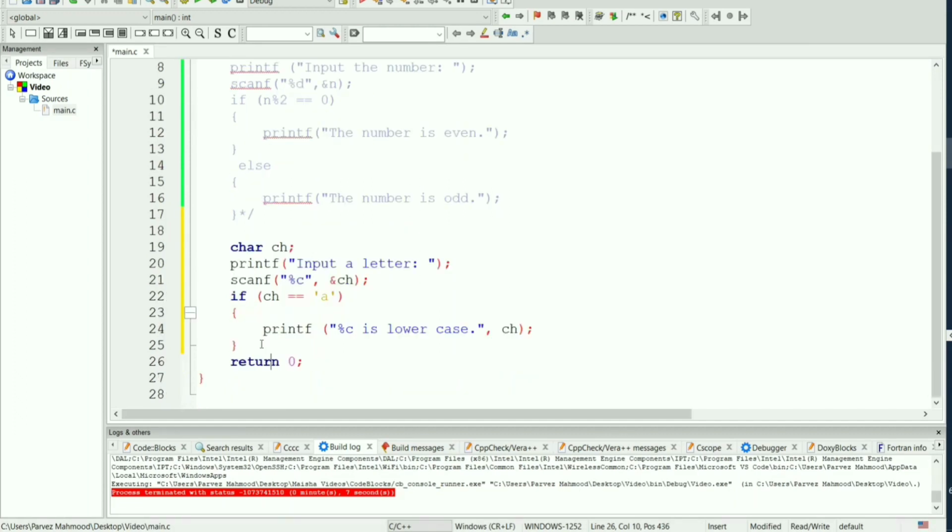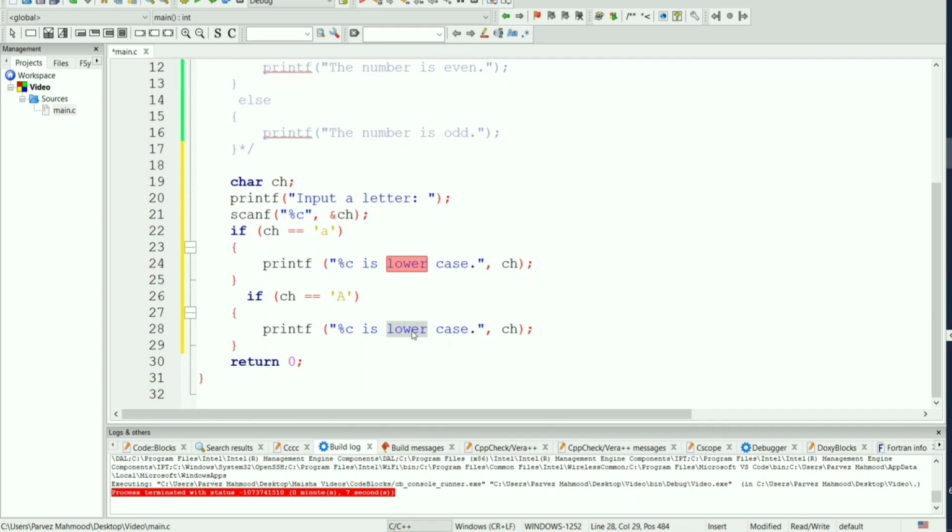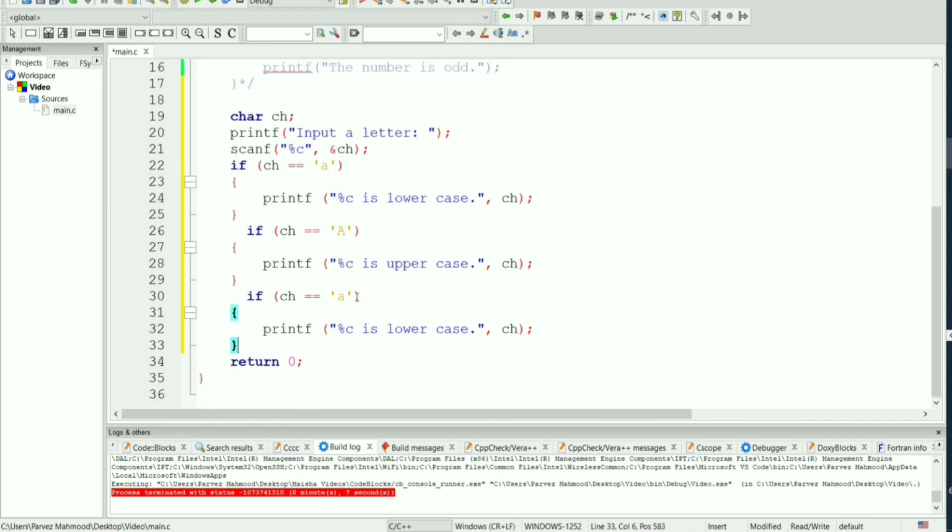We have to write another condition here for the capital case. If char ch is uppercase. Now in this program we have to write again and again for a, b, c, d, everything. So that's quite difficult, right? Because we have got 26 letters in English. So for 26 letters, we're gonna have to write double lines for every code, and that's a great waste of